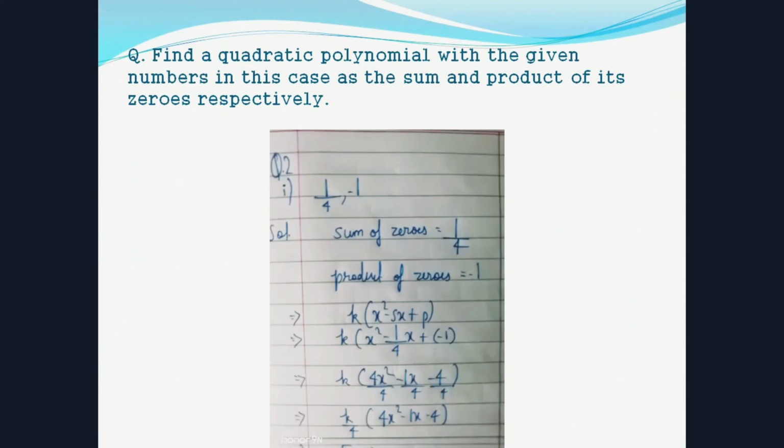So k x square minus 1 by 4, we are just putting the value of s and p in this formula. So kx square minus 1 by 4 x plus, in the bracket, minus 1, and then we will take 4 as LCM. It's simple maths, we can easily understand it. And when we are done with the part of taking LCM, we will eradicate the denominator from the polynomial and make it like k by 4 here.